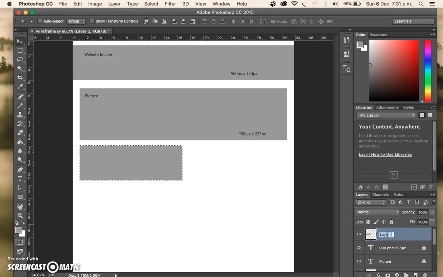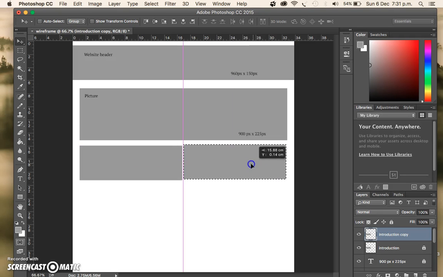Now I'm going to rename this layer as Introduction, because this is where I want to put my introduction and welcome in my website. Now I'm also going to show you, if you hold on to this introduction and drag it down to the new layer and let go, it will come up with Introduction Copy. If I lock my original introduction layer and just drag across, this layer is above this one, but it also allows me to just copy and paste that across. So once you've moved that correctly,